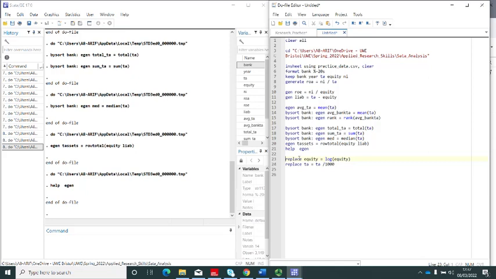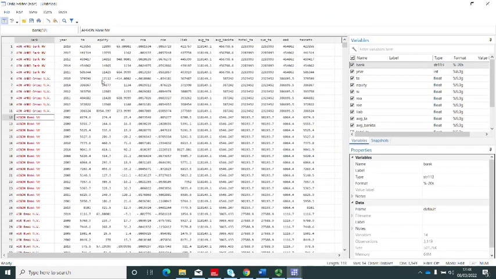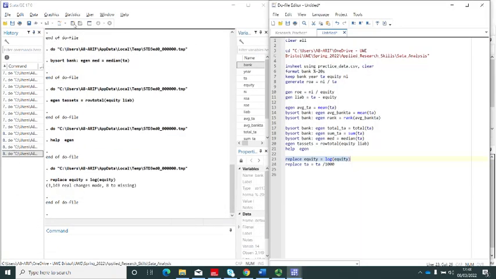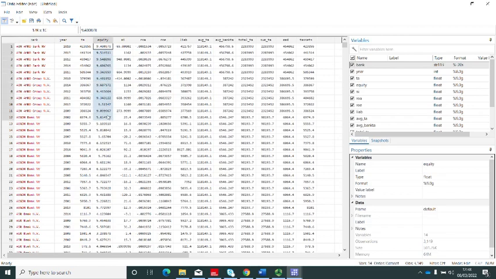A very useful function along with gen and egen is the replace function. The replace function is used when we want to replace certain values in a particular variable. For instance, if I want to replace the values in equity with the log of equity, then I will define replace equity equal to log of equity. So now you see equity, the values of equity. Please note down the values of equity. And when I execute this function,